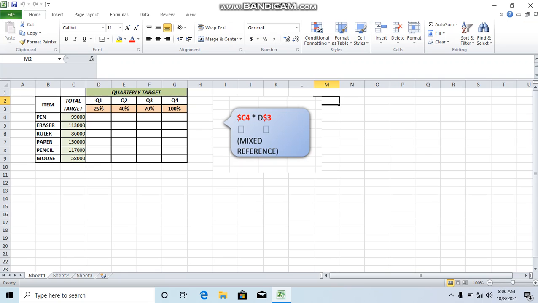First, select the cell D4, key the equal symbol, click value 99,000. This will get us C4, key dollar sign in front of C, then key multiplied symbol,